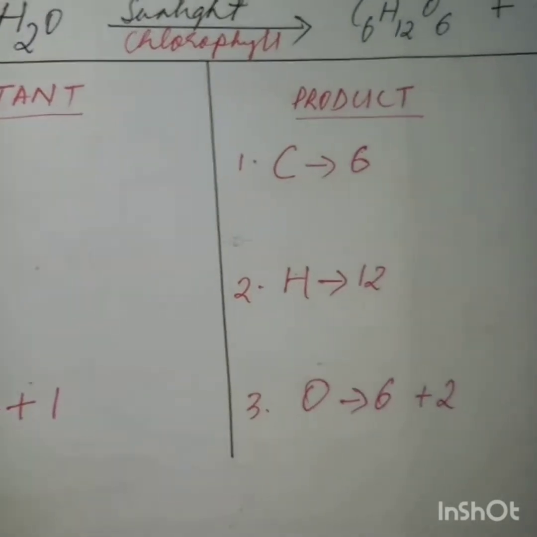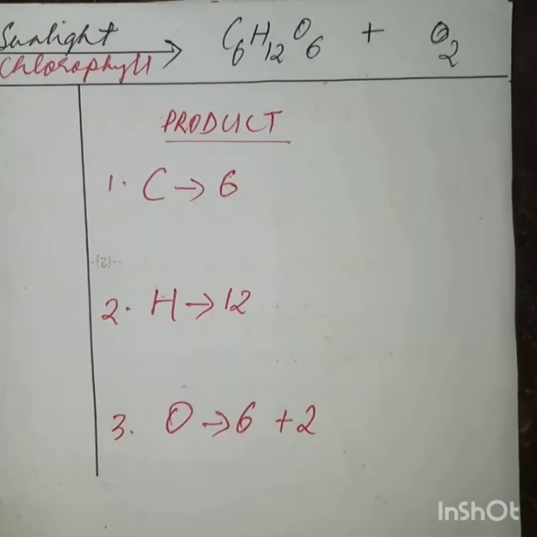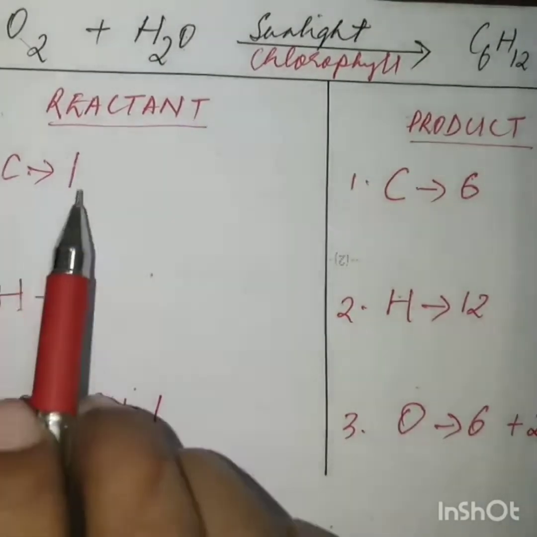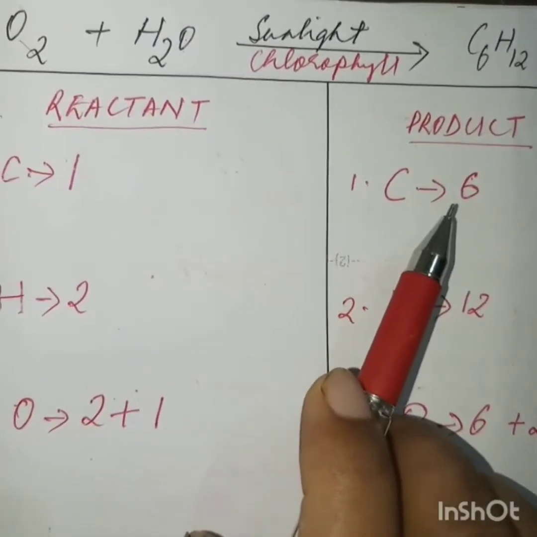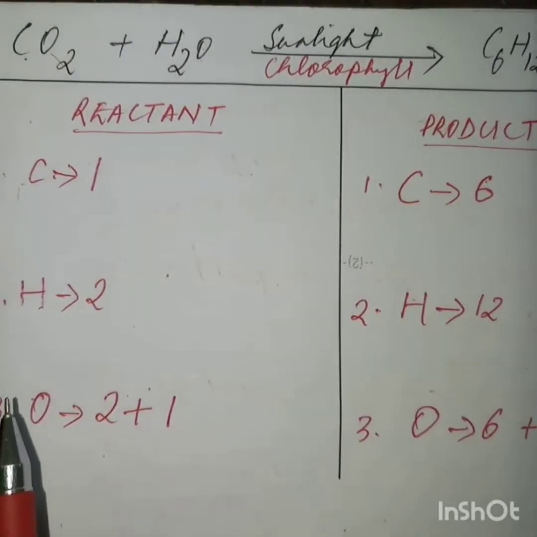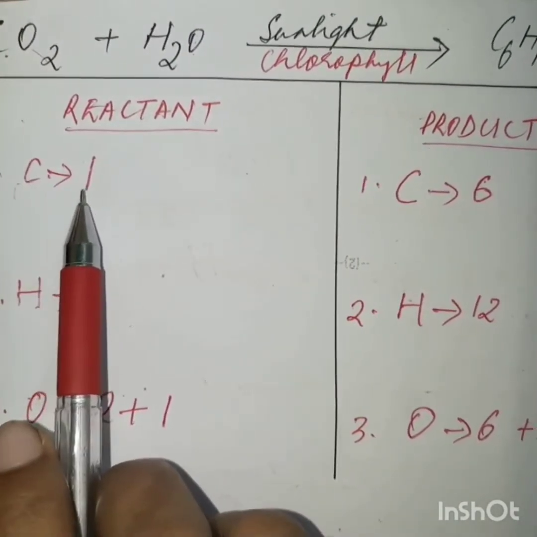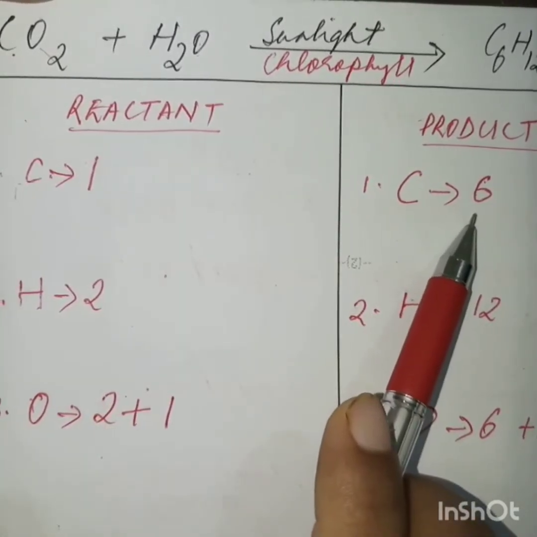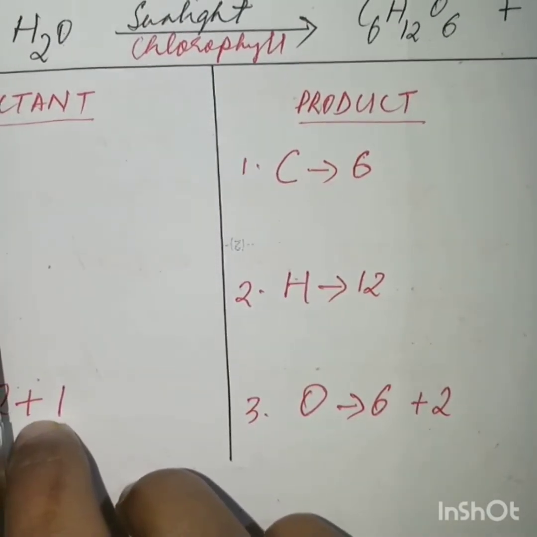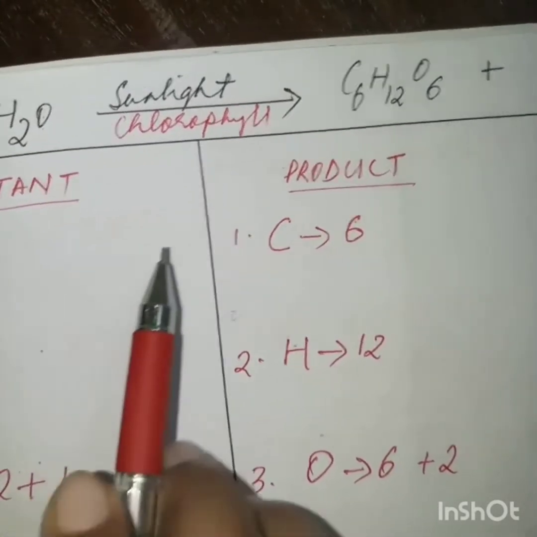Now let's look back at the right side. First of all, let us balance the carbon first. That means the right hand side should equal the left hand side. That is the meaning of balance. Now let's check. If you look at the carbon, here there is only one, and on the right side there are six of them. So in order to equalize the number of carbon atoms, what we need to do is, now we have 6, right?